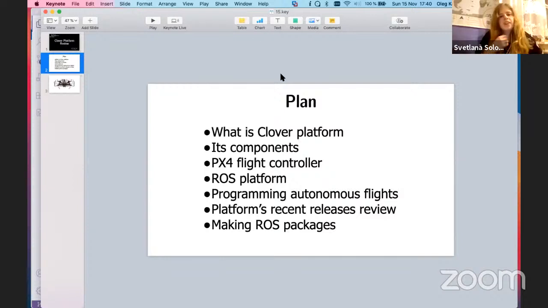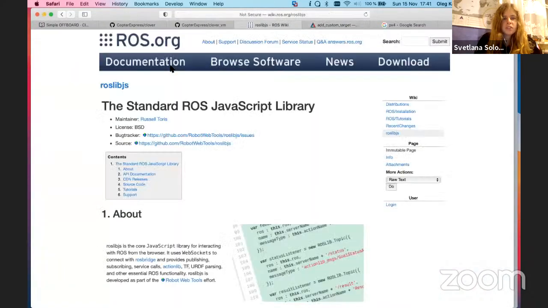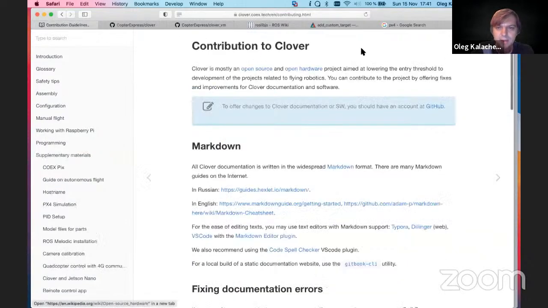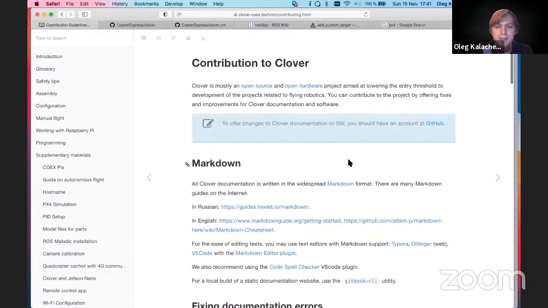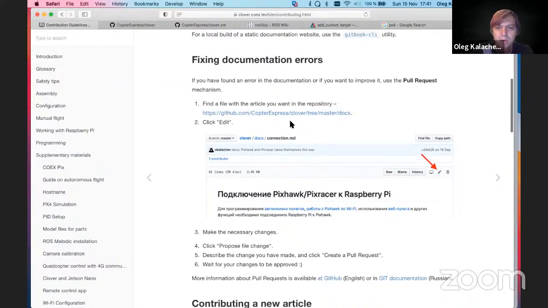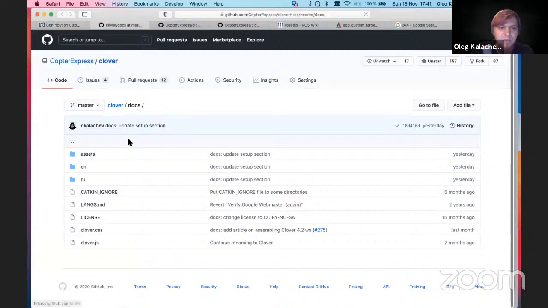Regarding your last message, could you show us, as I remember, the Git book has an article about Clover contribution. Yeah, it has this article, contribution guidelines. The easiest way of contribution is to fix the documentation, and the documentation is written using Markdown syntax. If you see a mistake in an article, or if you want to add something, you just go to our repository